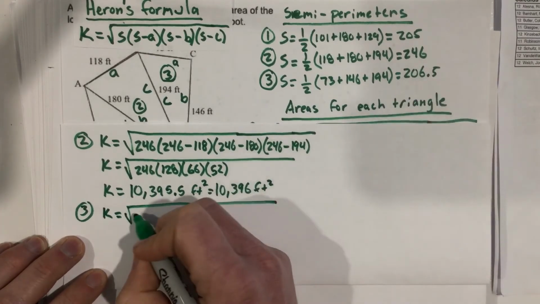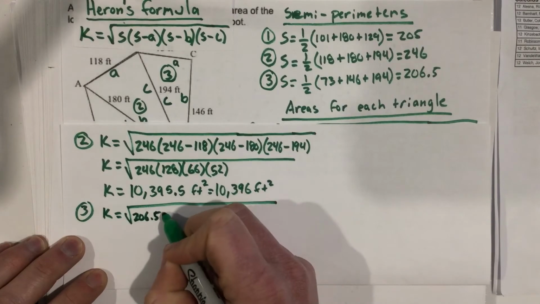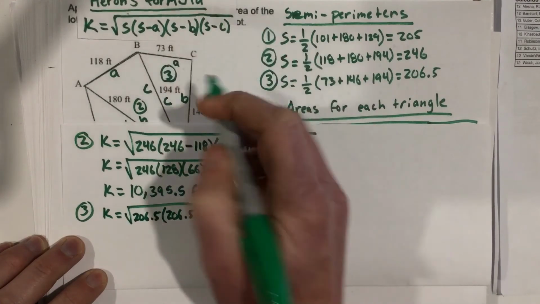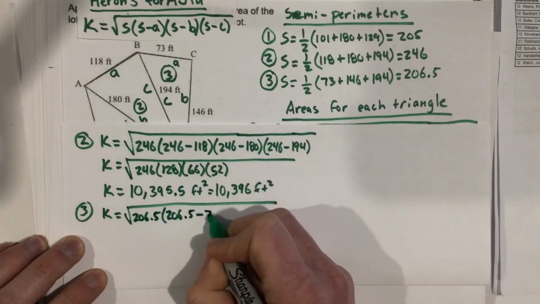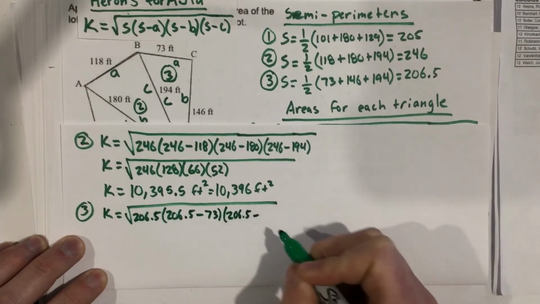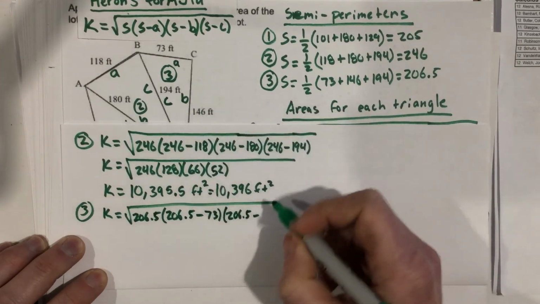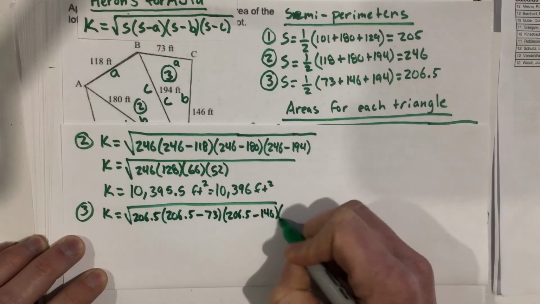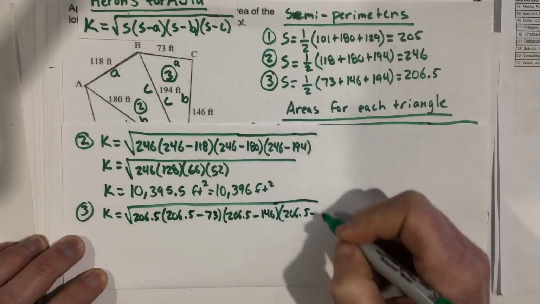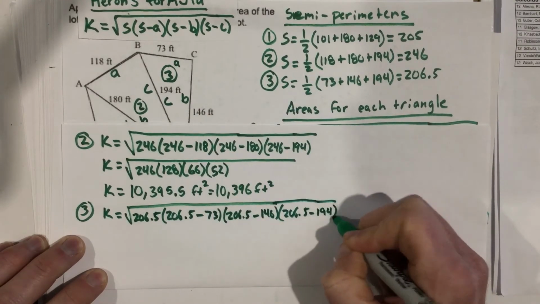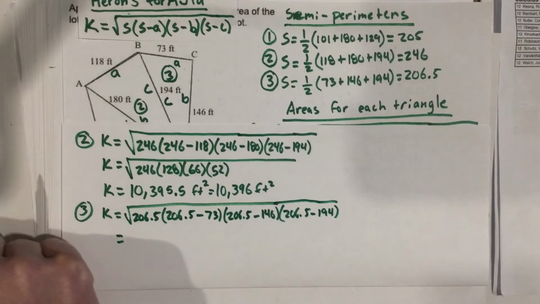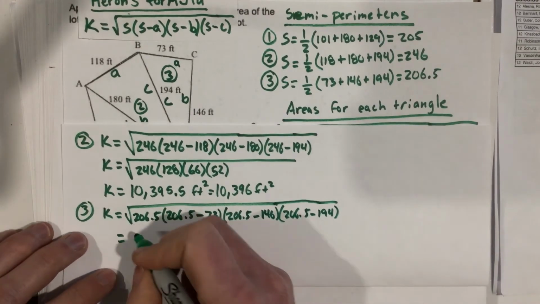and this is 206.5, so 206.5 times 206.5 minus A in our case, and Heron's formula is covering that up, but that's minus 73. And we'll have 206.5 minus B in our case, which is 146. And then 206.5 minus C, which was 194. So we do some simplifying there. 206.5 minus 73, 133.5. So we get root